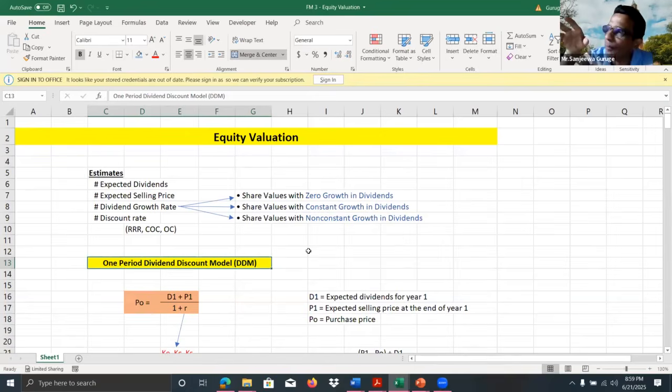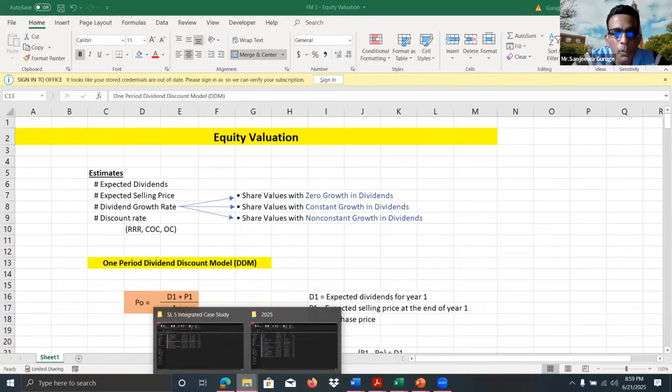In addition to that, to identify whether it is fairly valued or overvalued when the market prices are not readily available, we can even use the comparable method, right? Comparable method, especially based on the points you have mentioned. So for the equity valuation, different methods can be used, right?